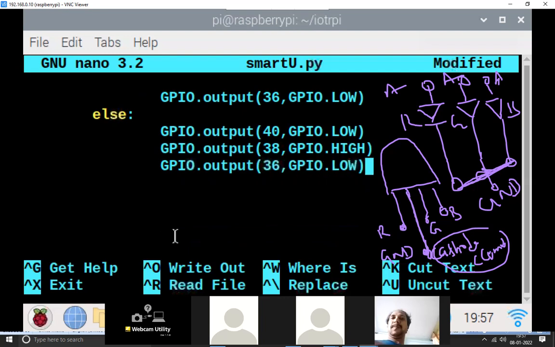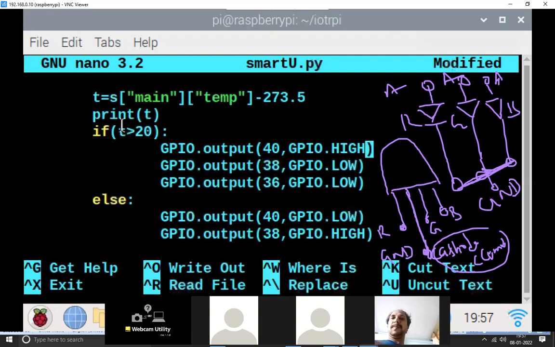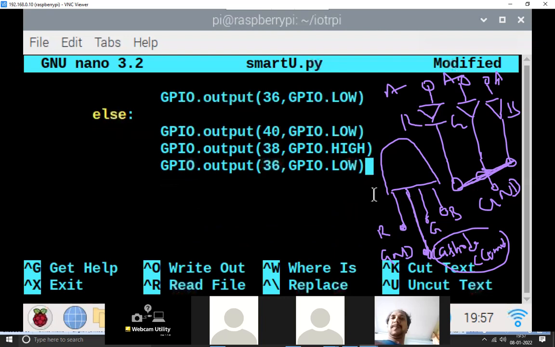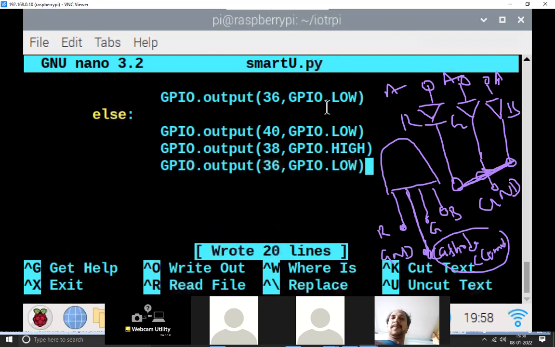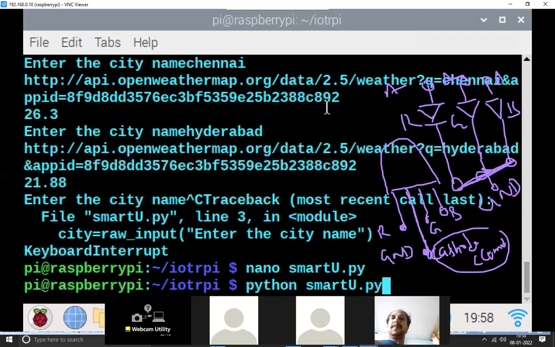Right, all of you? If the temperature is greater than 20, then we want to produce red color. Otherwise, we want to produce green color. It's simple. So your umbrella will be sensitive to weather. Here we are taking 20 as the standard. Now run this.